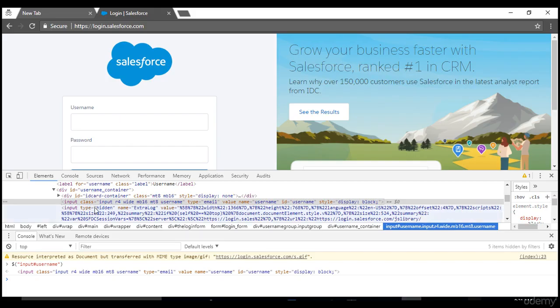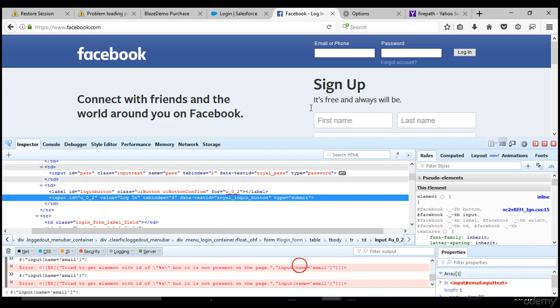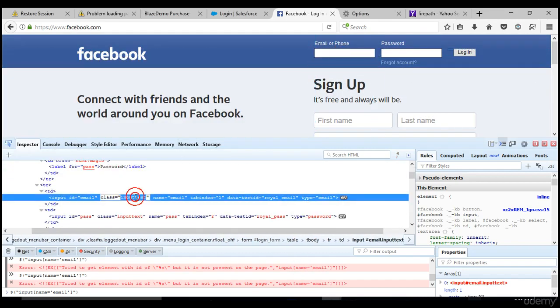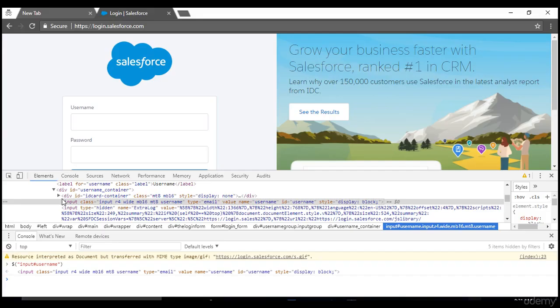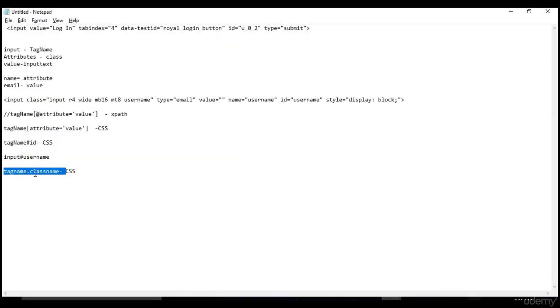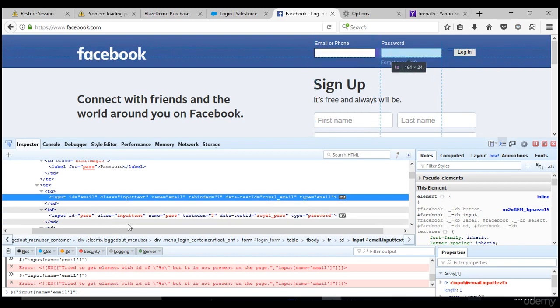Now if you see here, let me go back to Facebook, because Facebook has unique class names. Input text, right? You can write the CSS with this syntax. Tag name dot class name can also be your CSS. So the tag name is input, the class name is input text. Input dot input text will give you this email field.